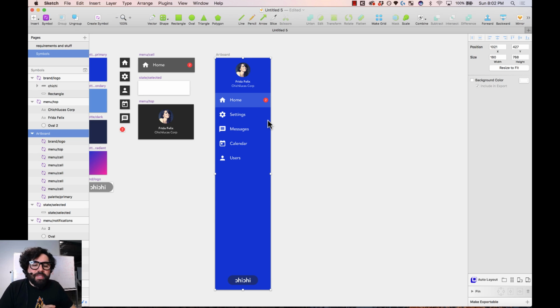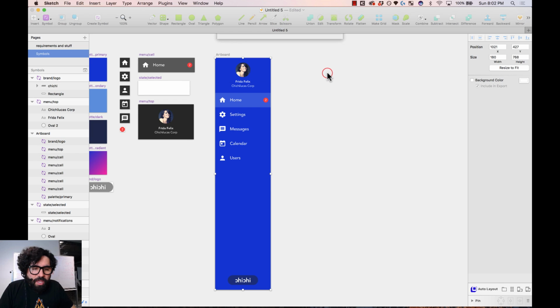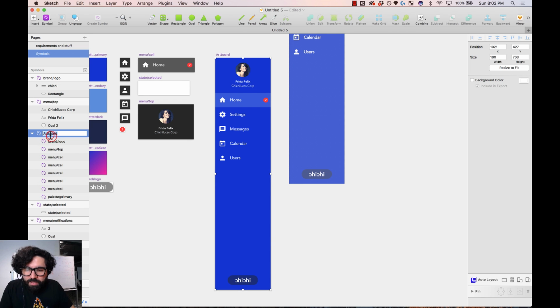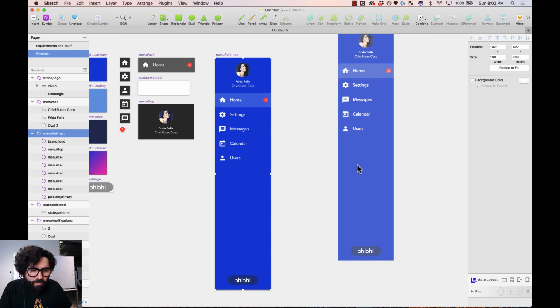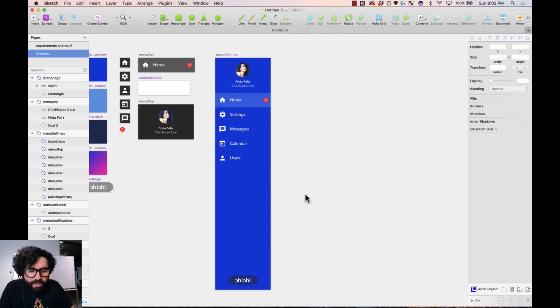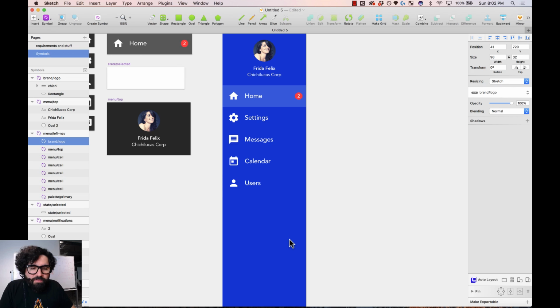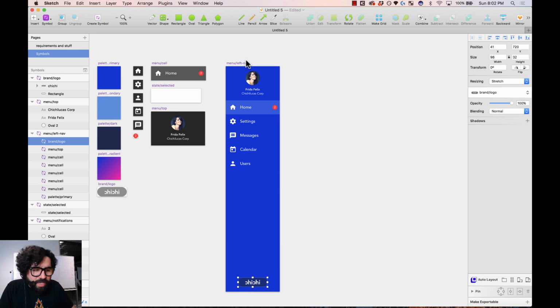Now we can turn this into a symbol. Let's turn it into a symbol, create symbol, the whole artboard, and let's call it menu left nav. There you go. And we can see an instance here of that same menu. How cool is that? Okay, we have it, and now we can actually start changing the different resizing and